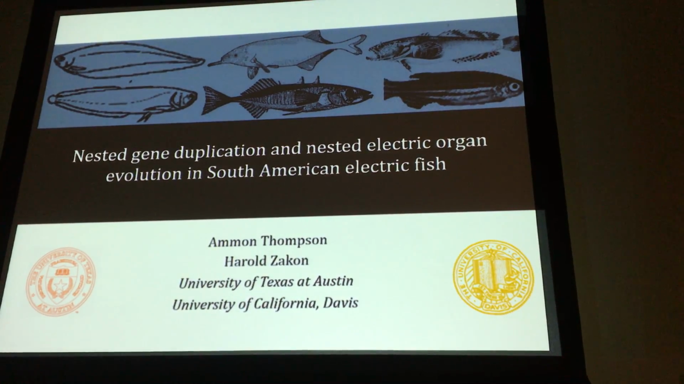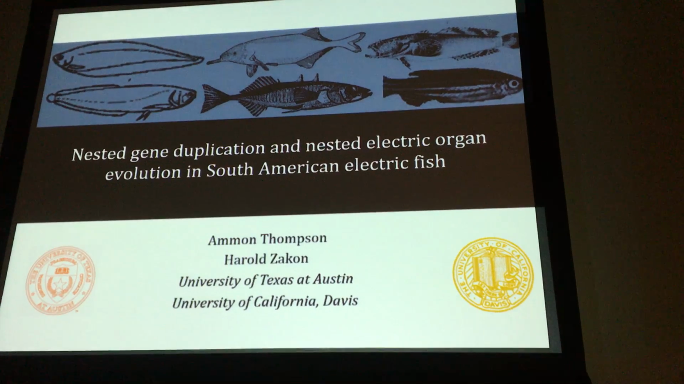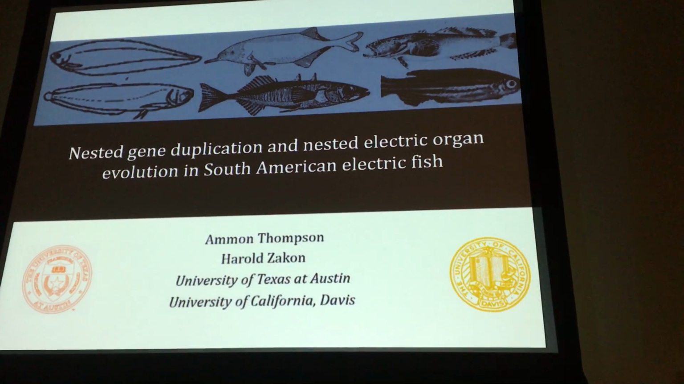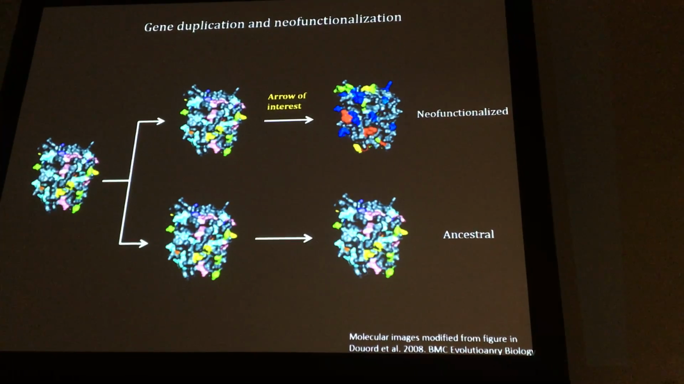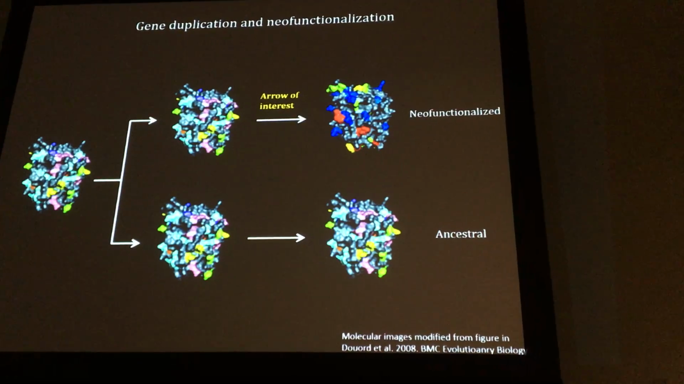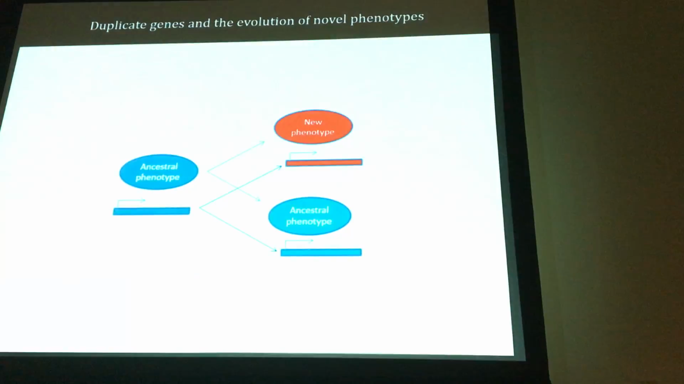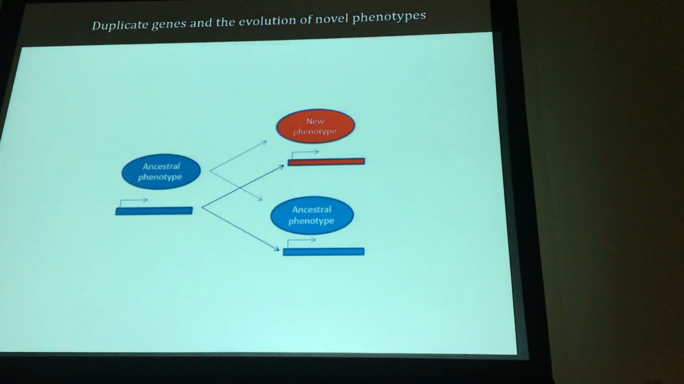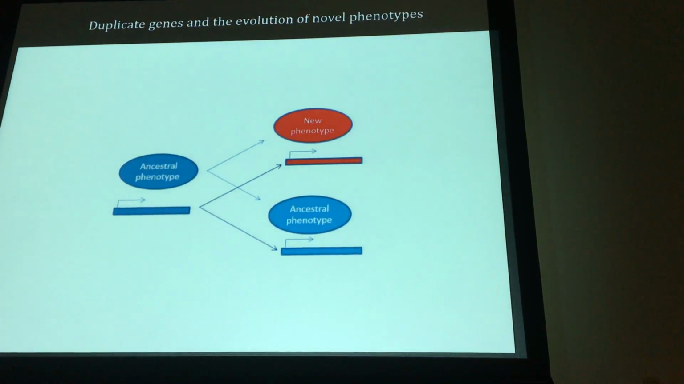Today I'm going to talk about some research I did as a part of my dissertation at UT Austin in the lab of Harold Zakon. So part of my dissertation, I was really interested in the process by which a redundant duplicate gene evolves a novel adaptive function, a process called neofunctionalization. And in particular, I was interested in how the neofunctionalization of duplicate genes contributes to the evolution of novel phenotypes